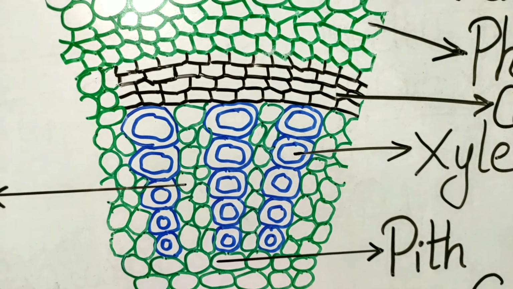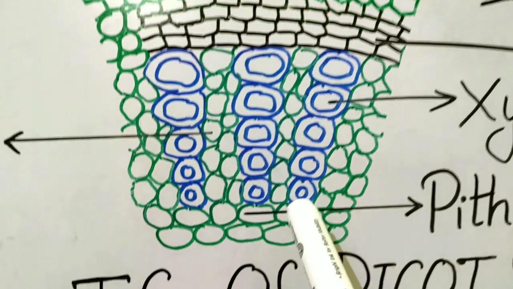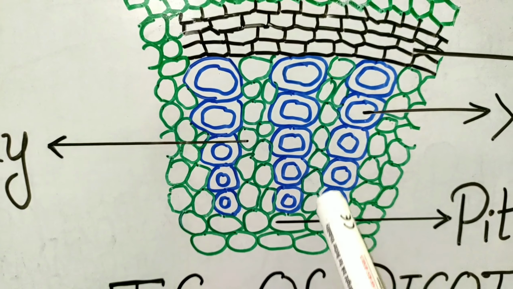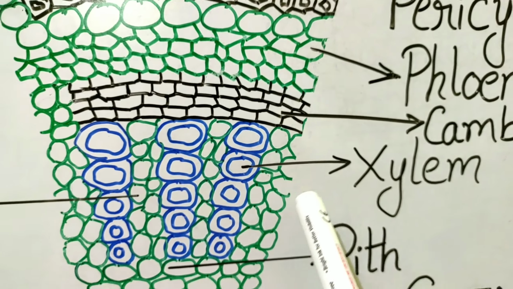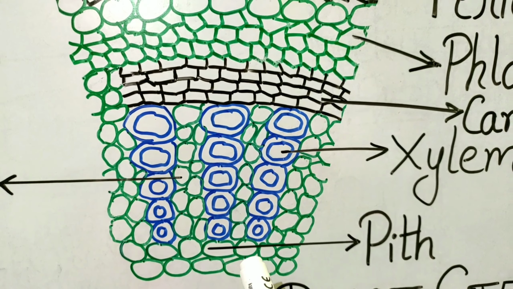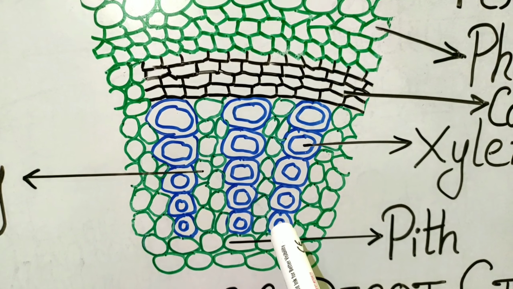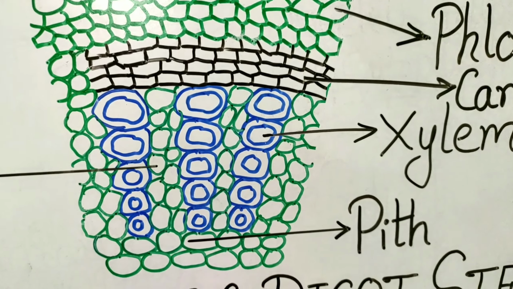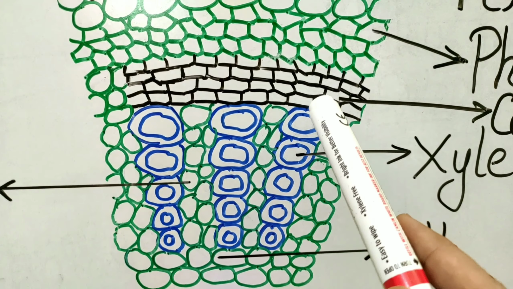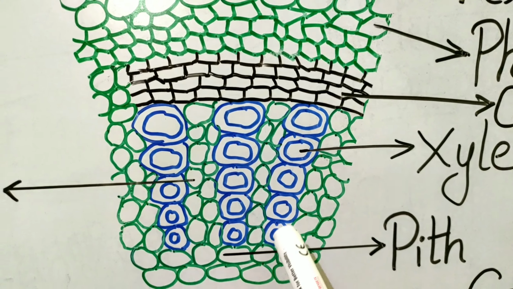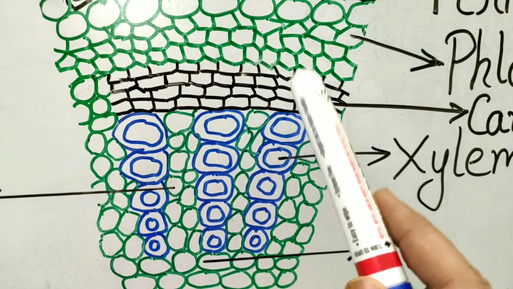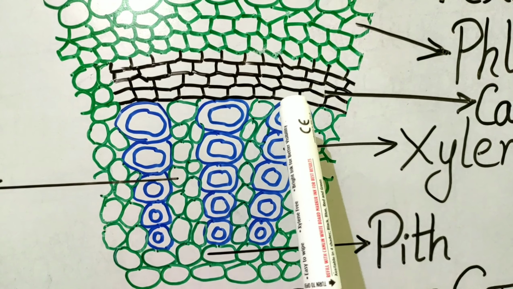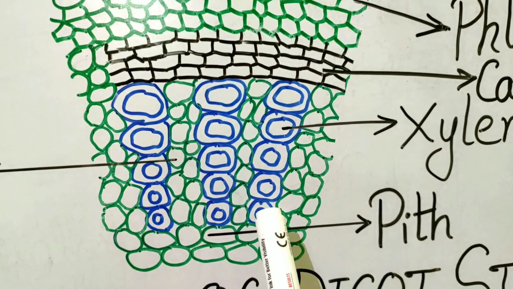Okay, and you can see that the vessels are broader outside and narrower in the center. So from outside to inside, it is broader and then inside it is smaller. So this is the arrangement of xylem in case of your stem. That is, the smaller vessels will be towards the center and the larger xylem vessels towards the outside. In case of root, which is not mentioned in your syllabus, it will be just opposite. That means the broader cells will be towards the center and the smaller cells will be towards the outer end. Okay, but we are reading about the dicot stem. So in case of stem, the broader one is outside and the smaller one is facing towards the center.